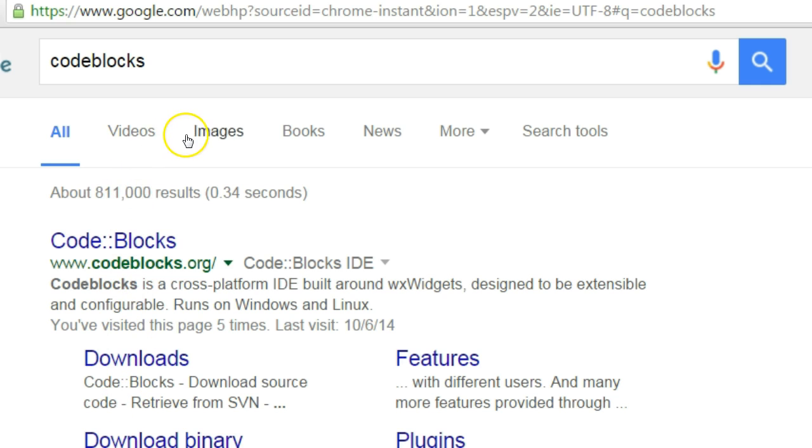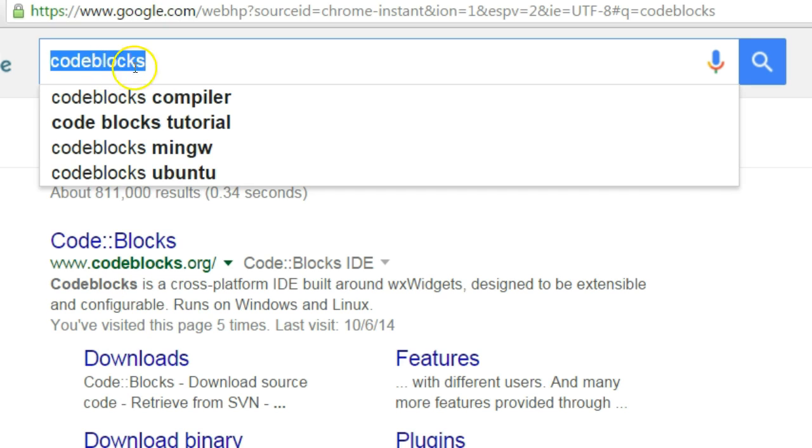Hello everyone. This video will show you how to write, compile, and run a program in Codeblocks. In order to get Codeblocks, just go to Google and then Google for Codeblocks. The top link that you will see, just click on it,